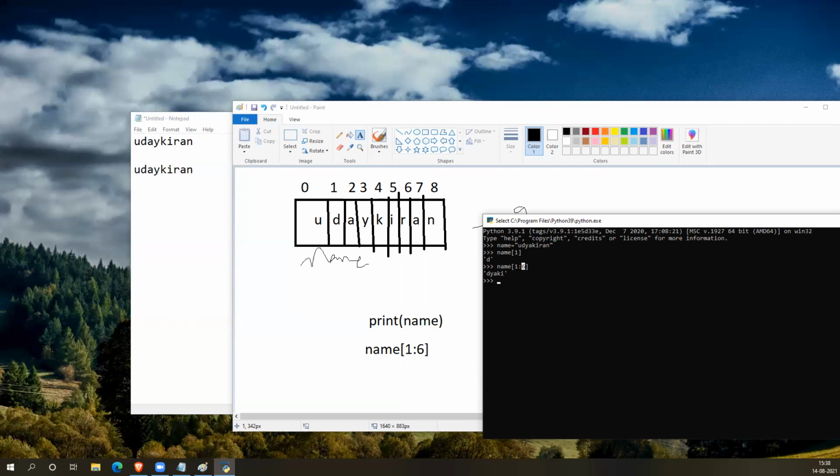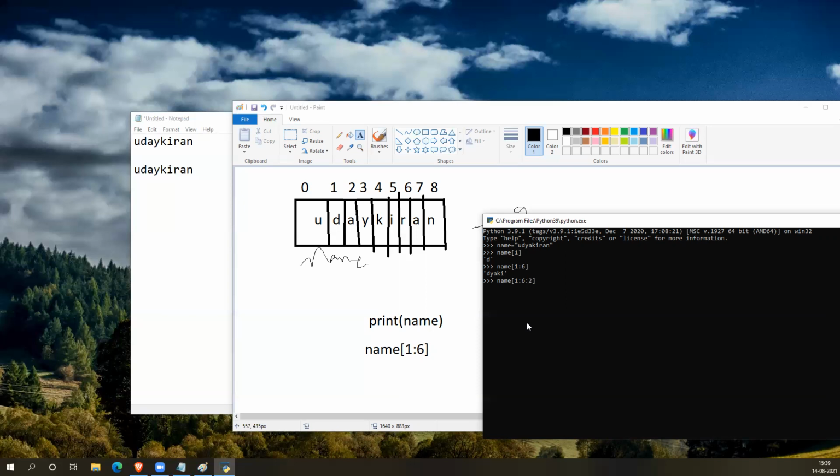So there is one more variation: 1 to 6, right? From index 1 up to 6, so index 1 to 5. And till there we are printing every index. Let's say we want to print only the alternate indexes. Then we need to change the step size. The default step size is 1, so that's why every index value is printed.